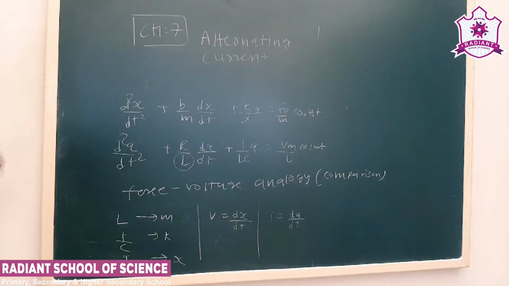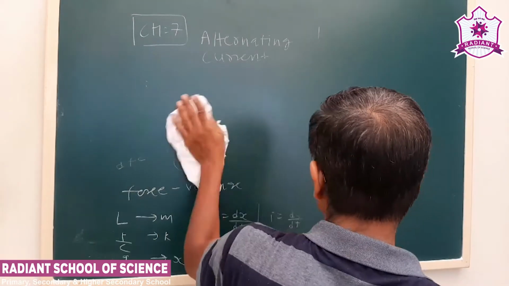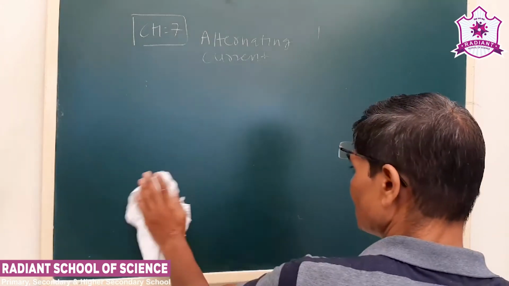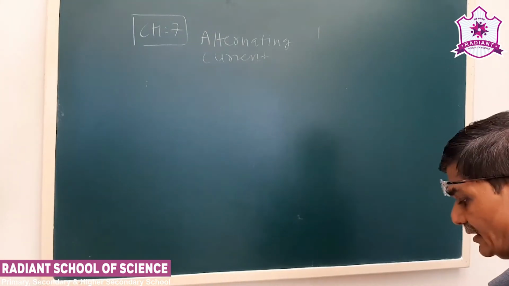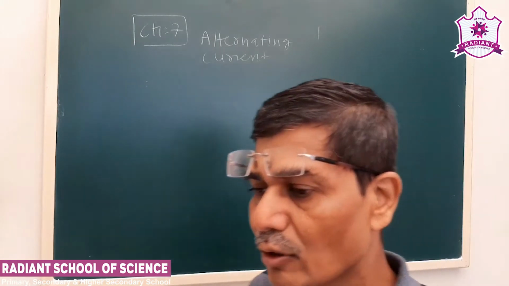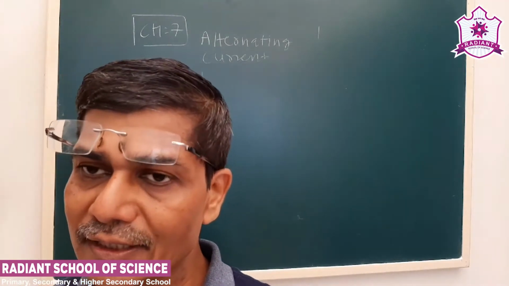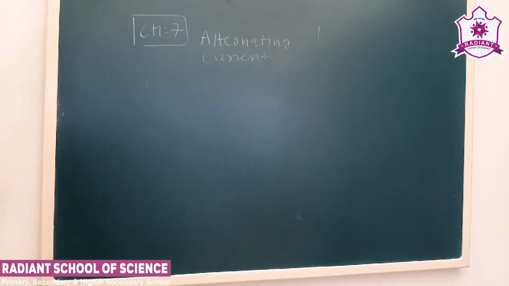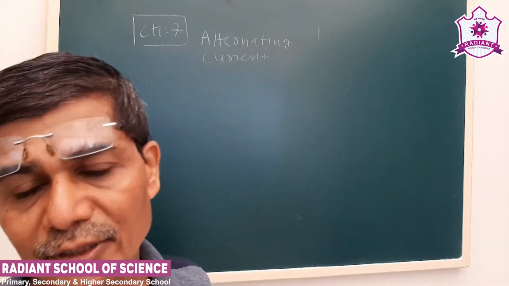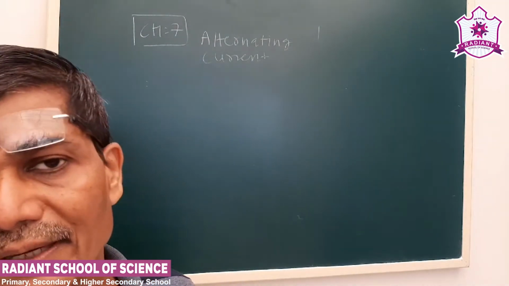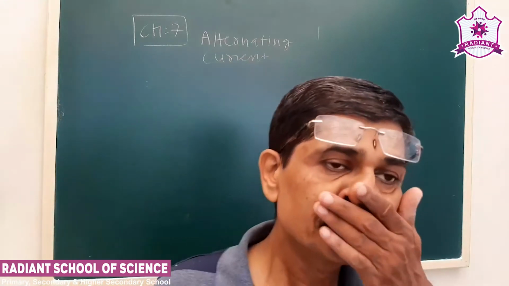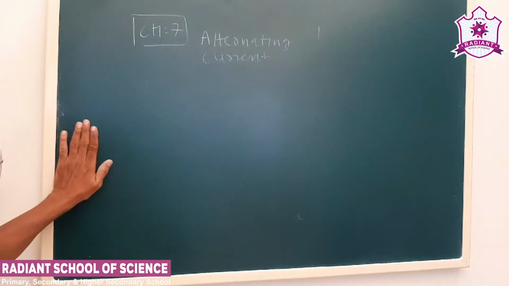Now see, this is about LC oscillation. Later on, in lesson number 14, we'll study about the oscillator. An oscillator is a device which produces a frequency of desired amplitude voltage. It may be in terms of voltage or current. So that we'll see later.